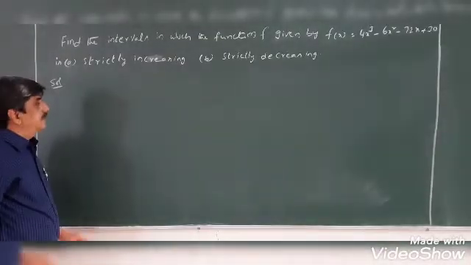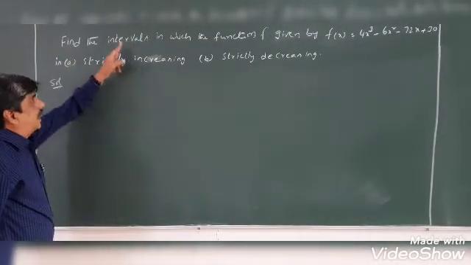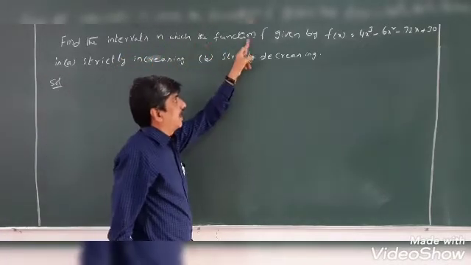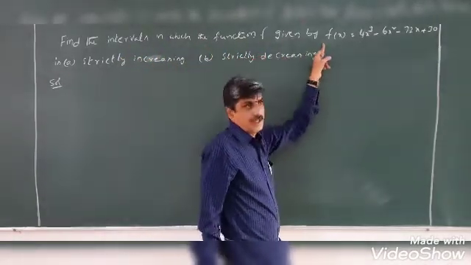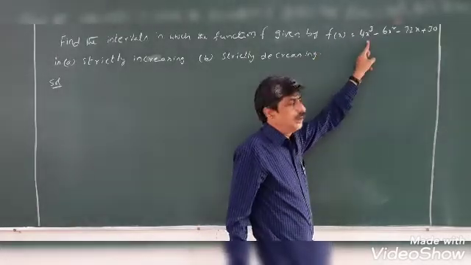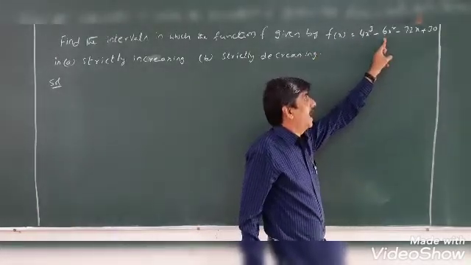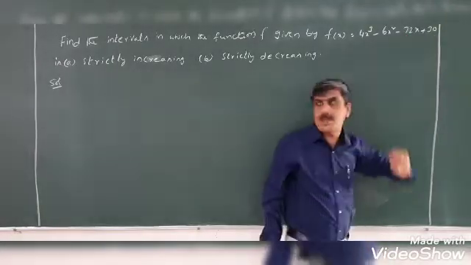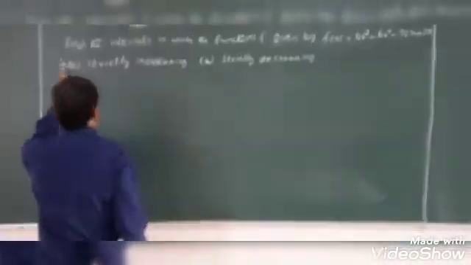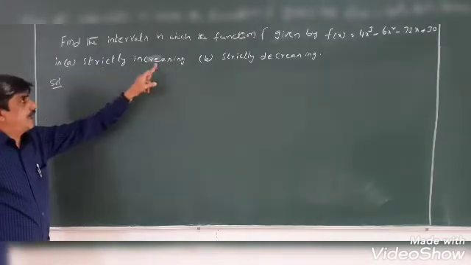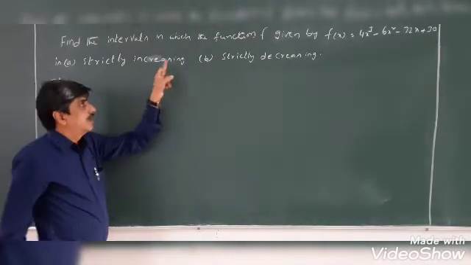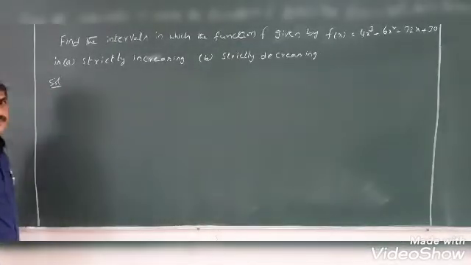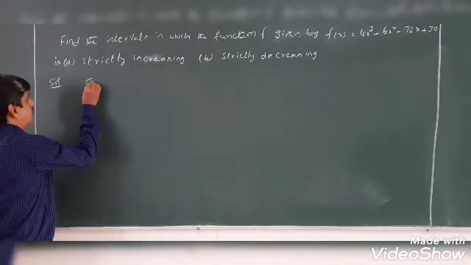Next numerical. Find the intervals in which the function f given by f of x is equal to 4x cube minus 6x square minus 72x plus 30 is strictly increasing and strictly decreasing. Here given function is